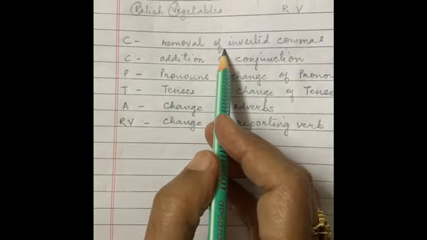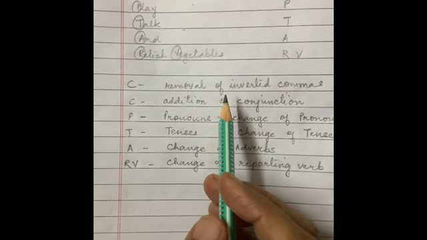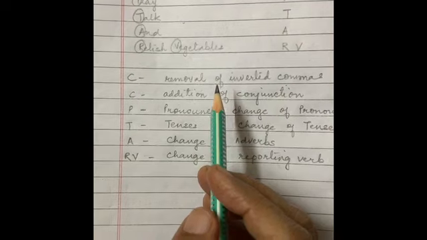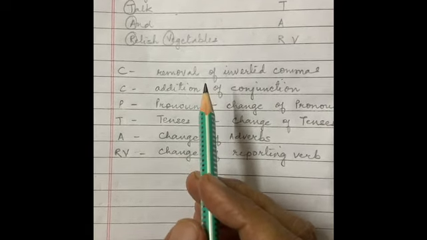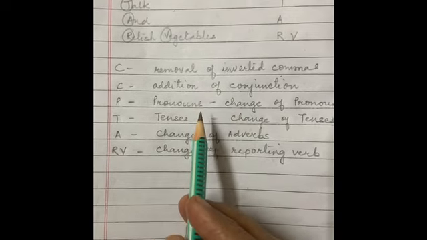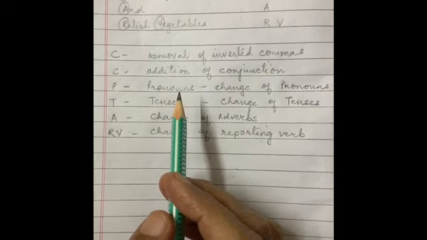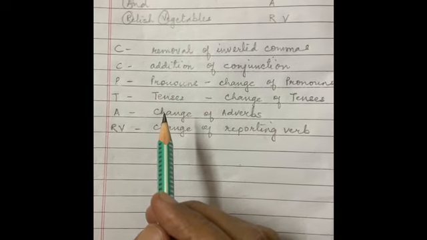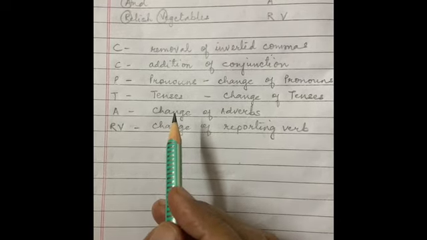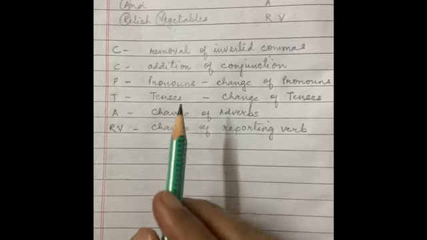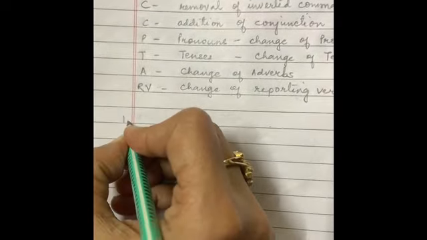Now, removal of inverted commas. You will simply remove the inverted commas, as no inverted commas are required in the indirect speech. But which conjunction to add? How will you get to know that? So let us learn now. So you know the kinds of sentences, different kinds of sentences. I told you the prerequisite to learn. So the kinds of sentences.